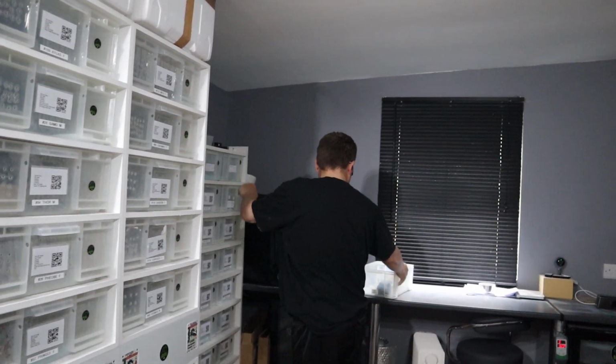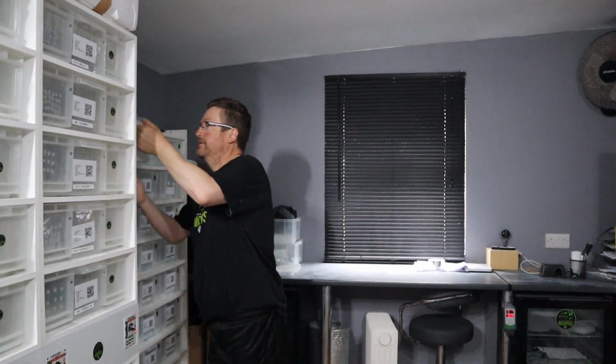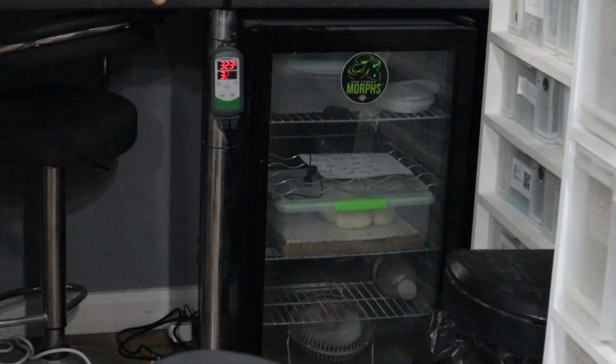Just to ease your troubled mind. Yeah, I just wanted there to be a little bit more condensation in the top. If you look now, there's condensation on the top of the rub in there, and the eggs seem to have rehydrated a bit more. But when they start dimpling too early, it normally means there's a lack of humidity